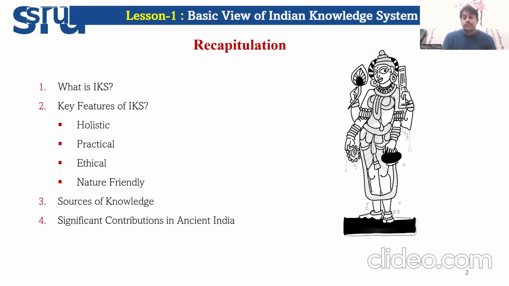And the next one, if you take trading, they started trading thousands of years ago. They exported gold to foreign countries at the time. And not only that, in the name of trading, they started using silver coins and copper coins, which is the base for modern currency in the world. We cannot forget ancient knowledge and their contributions.